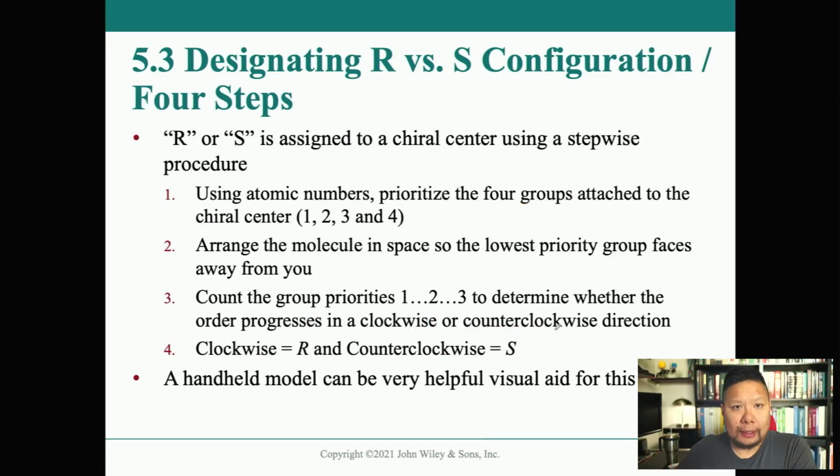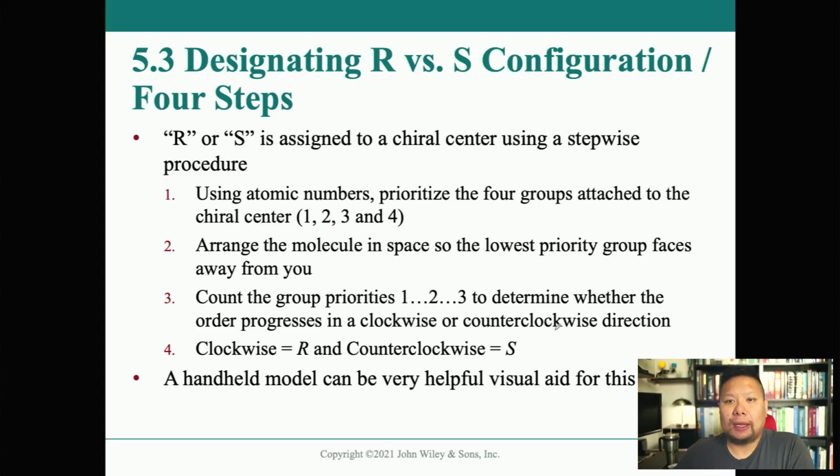So here are the steps, just real quickly before we go through each one independently in more detail. R and S is assigned to the chiral center using a stepwise procedure. We use the atomic number to prioritize the 4 groups attached to the chiral center: 1, 2, 3, and 4. Right, and so we do that based on the atomic number of the